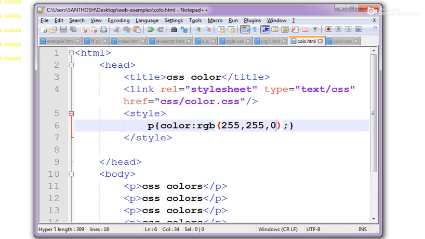Okay, like this you can give 255, 255, and instead of 255 give 2 and then 55 here. Okay, you can vary the colors from 0 to 255 and you get some other colors. Okay, some different colors. This is the way of representing RGB colors. Okay, so next one is